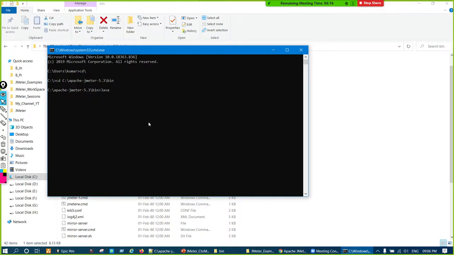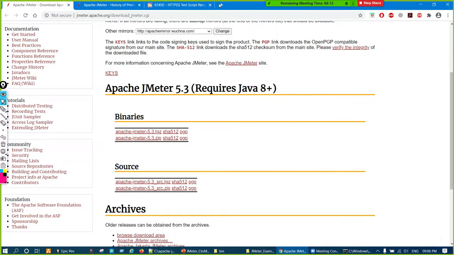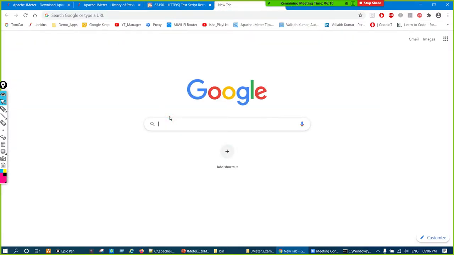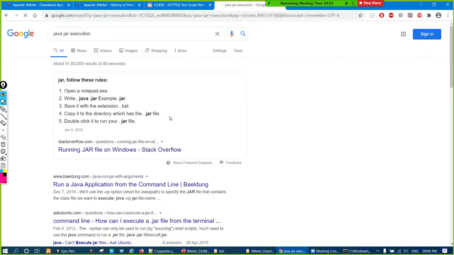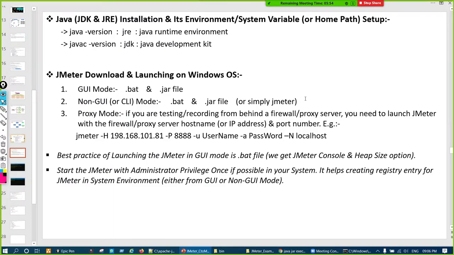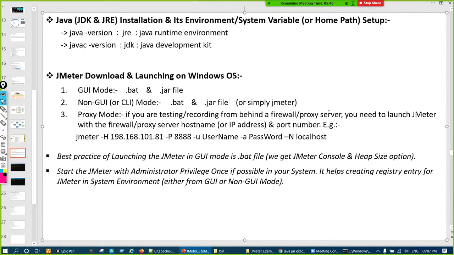It went off my mind, let me do one Google search. Java -jar, very simple, it just went out of my mind. So what we have to type: java dash jar, and then the .jar file.